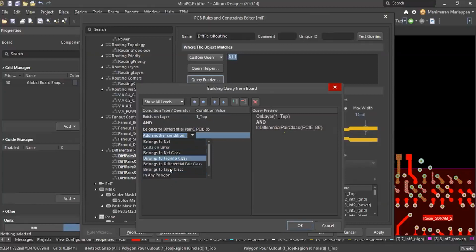Within room, right? So belongs to another condition, layer class.